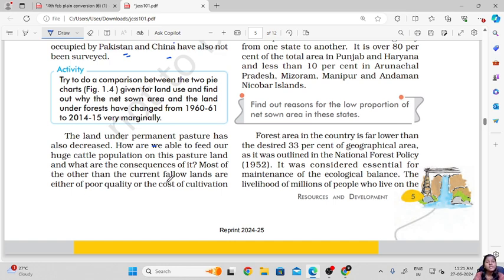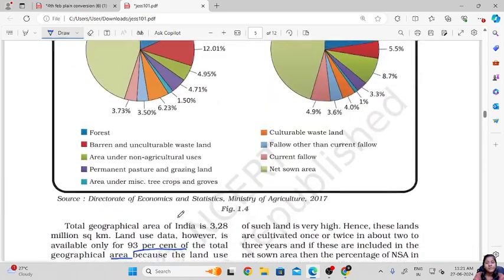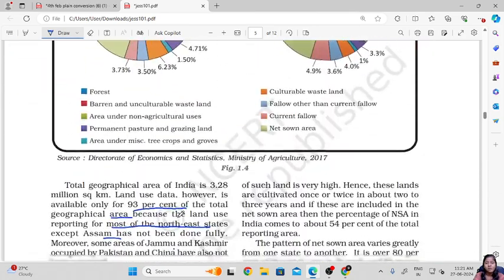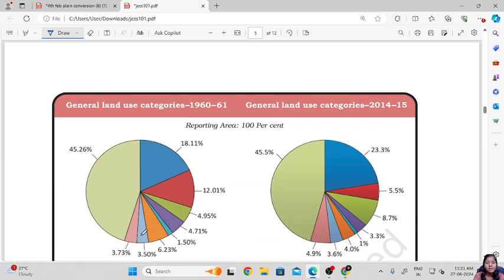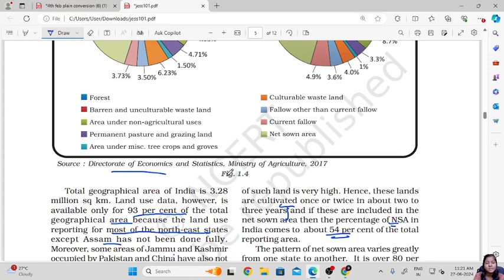Most of the fallow lands other than current fallow are either of poor quality, or the cost of cultivation of such land is very high. Hence these lands are cultivated once or twice in about 2 to 3 years. If these are included in the net sown area, then the percentage of NSA in India comes to about 54%. Then if we see this report from the Directorate of Economics and Statistics, given by the Ministry of Agriculture,